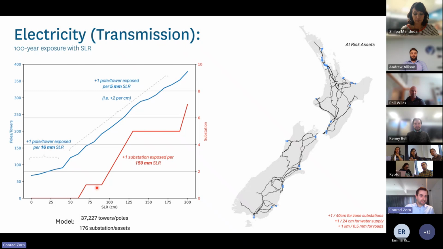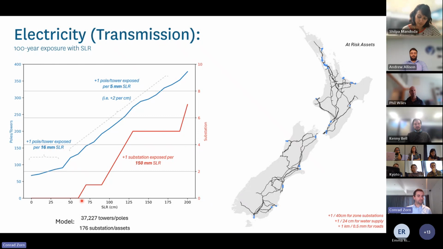The red line here being substations. So substations, these transmission substations, are relatively either well protected already or situated far enough away from the coast, to about 60, 70 centimetres, where you start seeing these start getting affected. So quite a lot of time, I suppose, up our sleeves for this one, but in terms of long-term planning